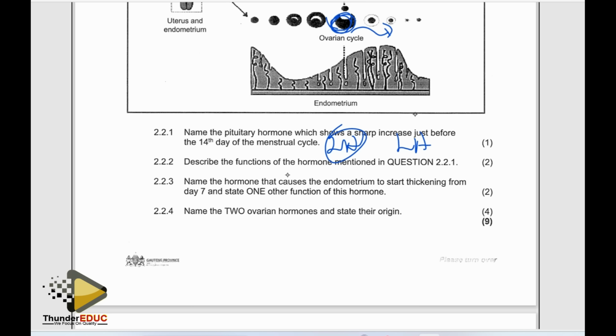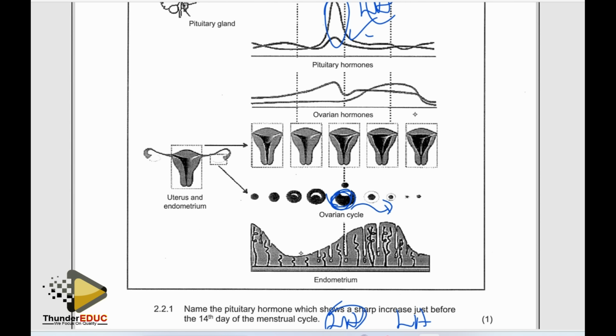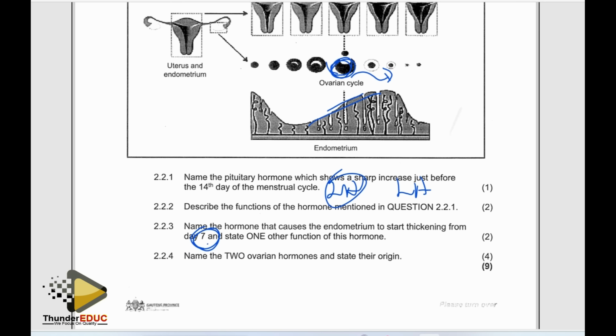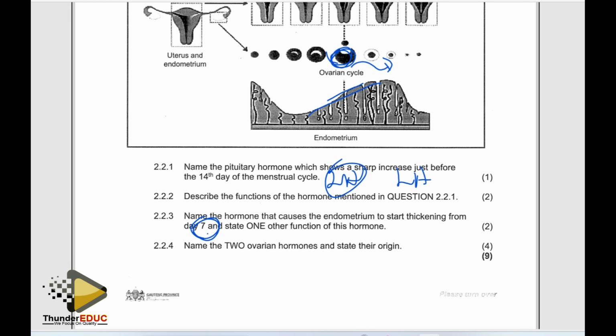We are done with that, so there are 2. Name the hormone that caused the endometrium to start thickening from day 7. They're saying start. The word start. You see, the endometrium is starting here. So in this case, what is the answer? In this case, the answer is